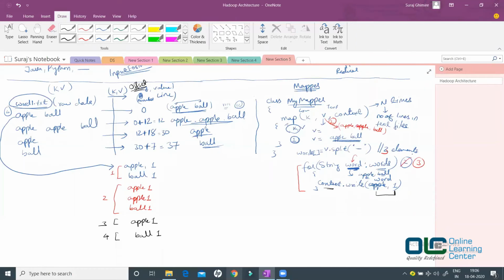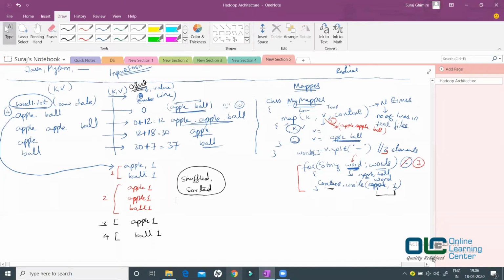There are few more things that happen. What are those? Can you guys help me out with this? If you know the basic fundamentals of Hadoop, I'm sure you will be able to answer. What are the other things that happen before this data goes to the reducer? What happens is the data is shuffled and sorted. Let me explain what exactly it does and what exactly they are.